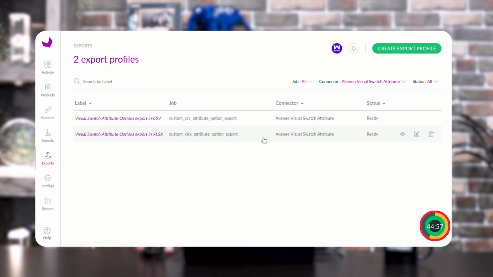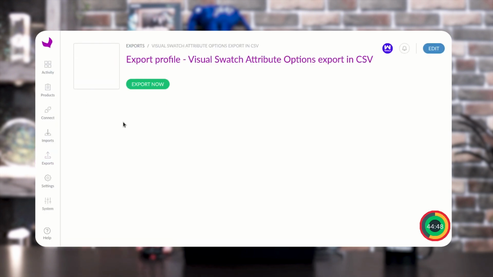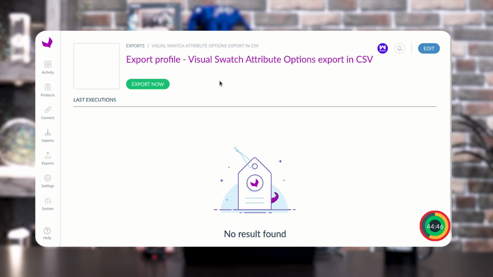Now here I am going to show you how you can export the visual switches options via CSV. Just tap over there, and accordingly you will get another window, and here you will get an option of export now. You just need to tap over there.